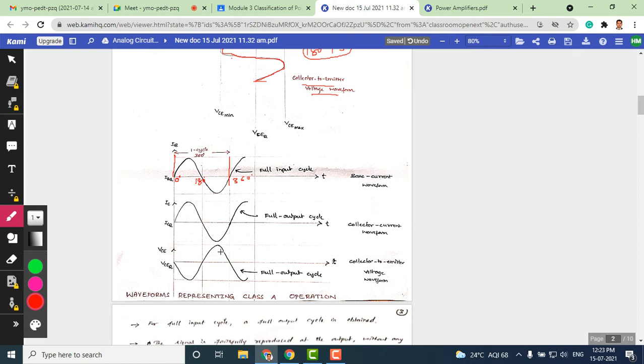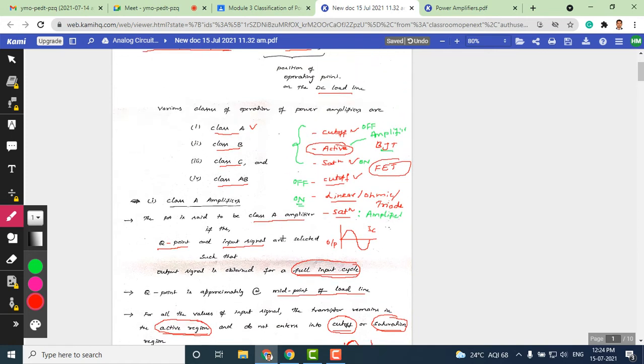And look at the collector emitter voltage. As I told you, it is out of phase with reference to these two signals. So it is 180 degrees out of phase, but it flows again for 360 degrees. For one full cycle of the input signal, the collector emitter voltage waveform exists. So these are three waveforms which are important for all types of power amplifier. The first one is the base current waveform with reference to the time axis, then the collector current waveform, and then the collector to emitter voltage waveform. These waveforms represent class A operation of a power amplifier. Any questions about class A operation?